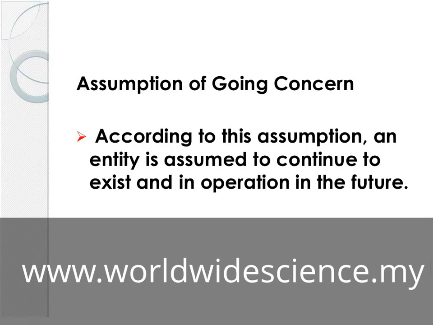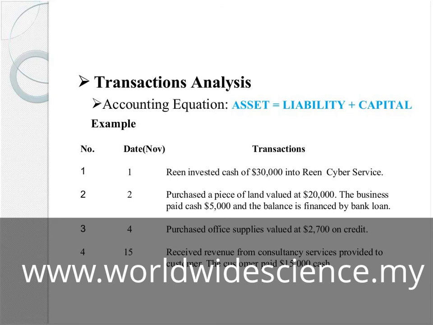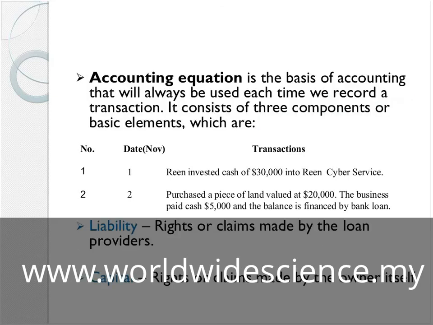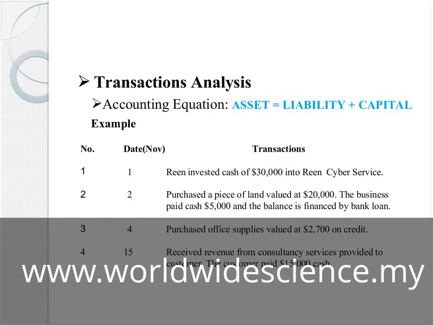Let's see the transactions, how we analyze transactions in accounting. So here we have an accounting equation, as you remember, that assets equal liability plus capital, right? The capital of the company is what the shareholders invest in the company, and liabilities of the company, for example, they have some loan or credit in the bank. All total show us the assets. Assets include, as you remember, the equipment, cash, property, plant, land, and so on.